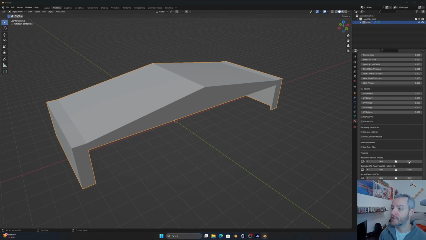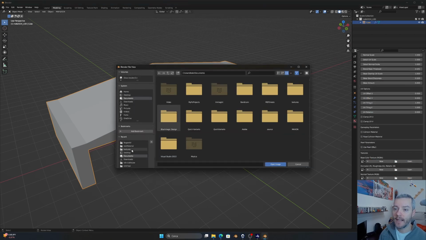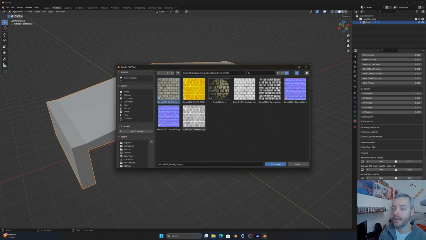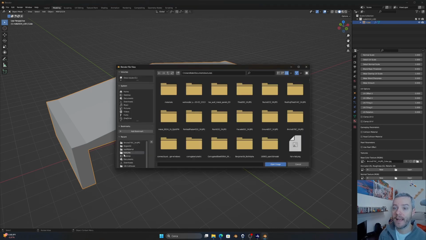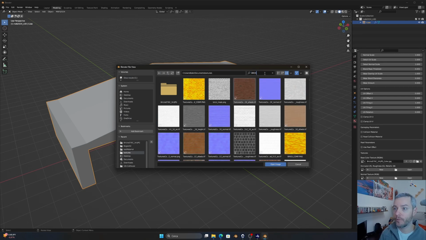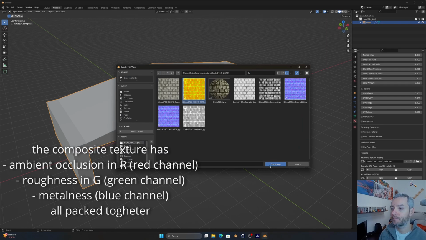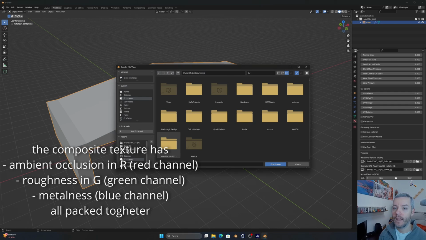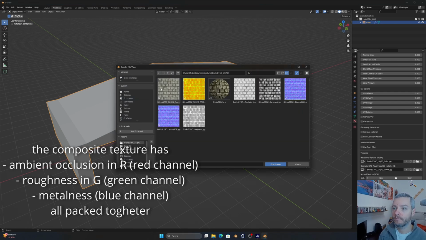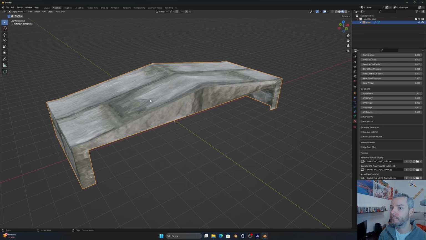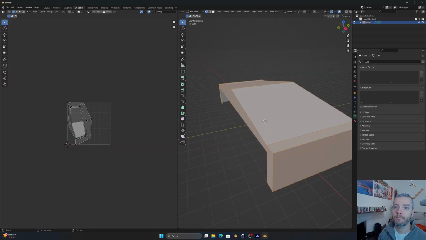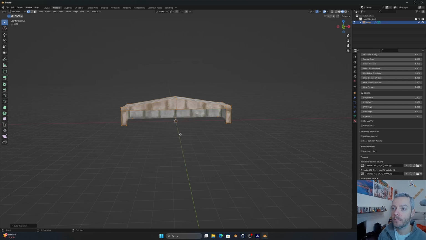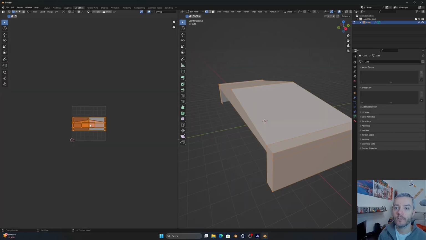Okay, back to our material. We need to assign texture, so a texture for the albedo. Okay, this texture for the color. In the occlusion roughness metal, I need to add a special composite texture. Here it is. And in the normal, GL. Okay, I want to add the basic unwrapping. It is best to add a cube projection for this kind of object,